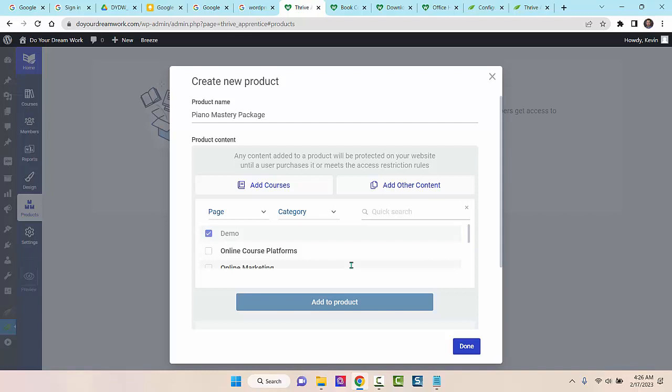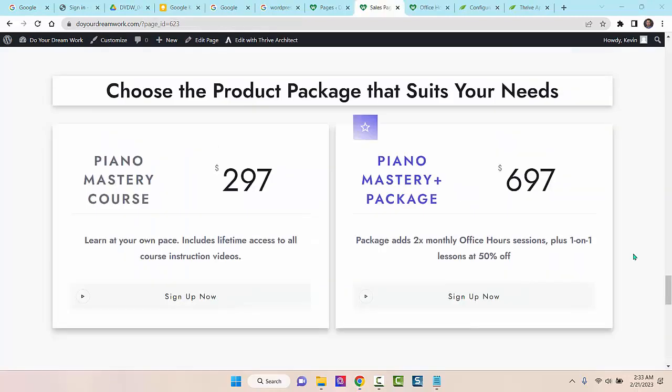And again, aside from creating that booking dashboard page, with just a couple of clicks, within a minute, you've now added your one-on-one coaching feature to your product package. It is really that simple to do. So just to give you some inspiration for what the specific product components that you would want to put together